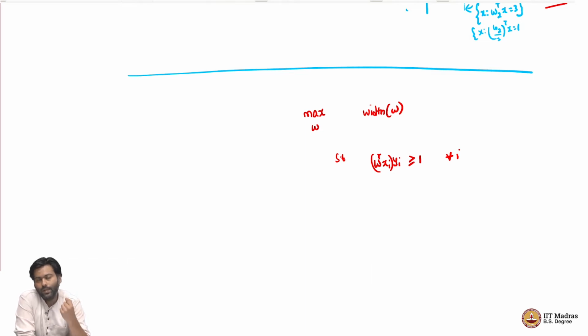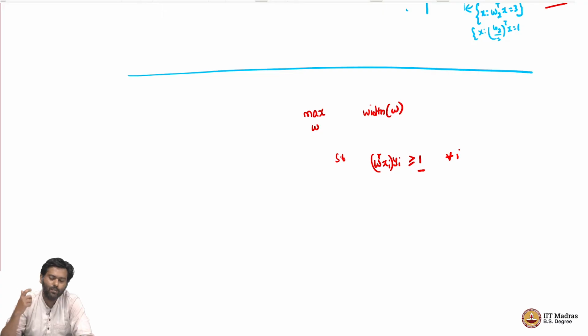So, now as you can notice, there is no gamma; the gamma is gone out of this formulation because we are grounding gamma. But you can also notice that I am not restricting the length of W. What this is saying is that I am going to allow any W which linearly separates my data set with a margin exactly equal to 1, right. So, with this gamma equals 1,